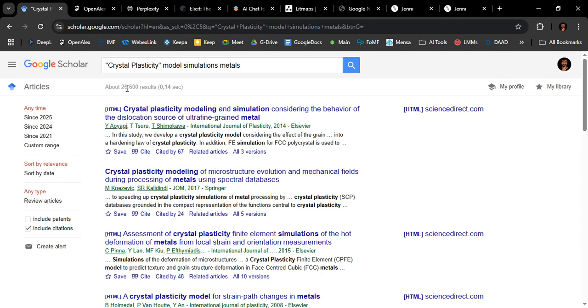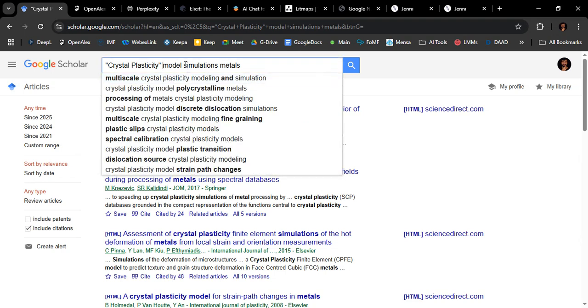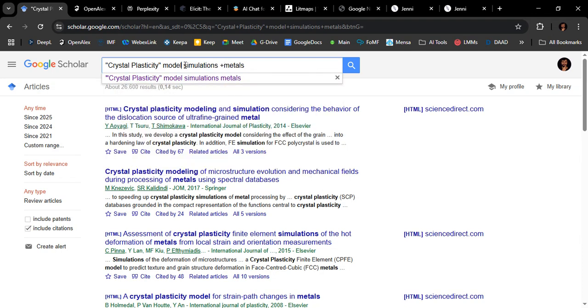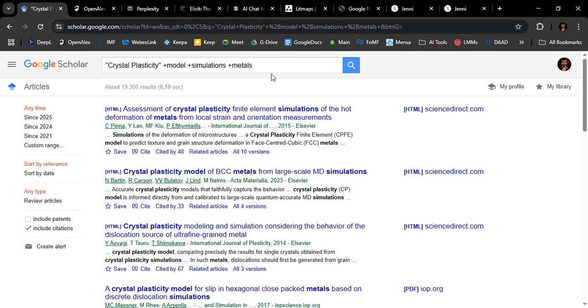26,600 results, right? Not a very good start. I cannot read all of them. I cannot sort all of them. So what I will do next is maybe apply some filters. I will say metals should be a must here. Simulations should be a must here. Model should be a must here. And then my results are a little bit less,